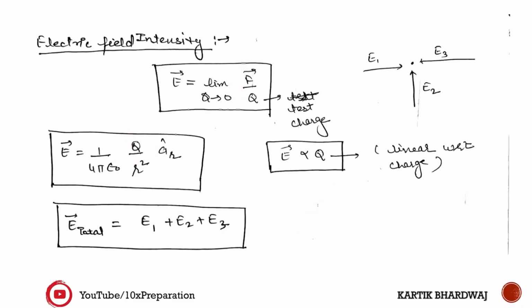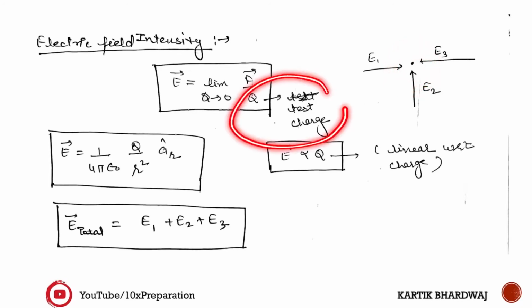Got it? So like force, it is also a linear force. Okay, so it means it will be in the linear region. Linear force is there. So whenever for one point one electric field is there, another electric field is there, another electric field is there, then in that case you have to take the vector sum of these electric fields again.